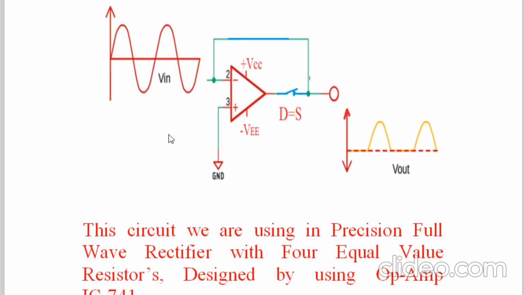From this diagram, once again you come to the conclusion that in this op-amp circuit the diode is behaving as a closed switch, of course during the negative half cycle, and the negative half cycle will come as a positive half cycle. During the positive half cycle, we already studied that it is behaving as an open switch. Now in this diagram, as the input is applied to the inverting terminal, this is not a unity gain amplifier. In a unity gain amplifier, the output is always directly connected back to inverting and the input is applied at non-inverting.